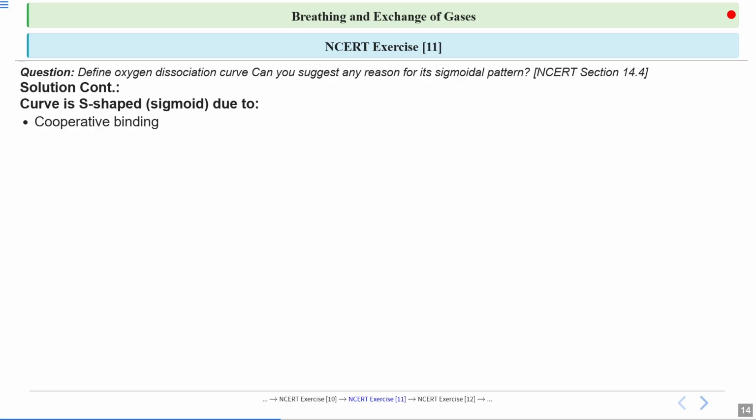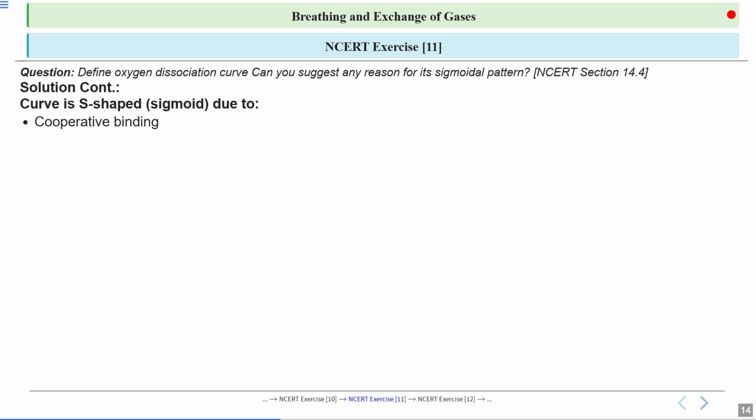This is actually the unit of the lung. So that is why I took the name lung. If you say at the lung region, that is also correct. If you say the alveoli, that is also absolutely correct. So cooperative binding is occurring at the alveoli region. Now, where is the dissociation occurring?